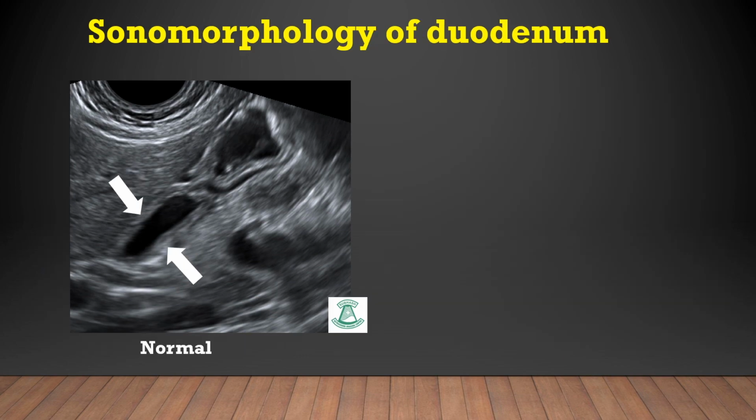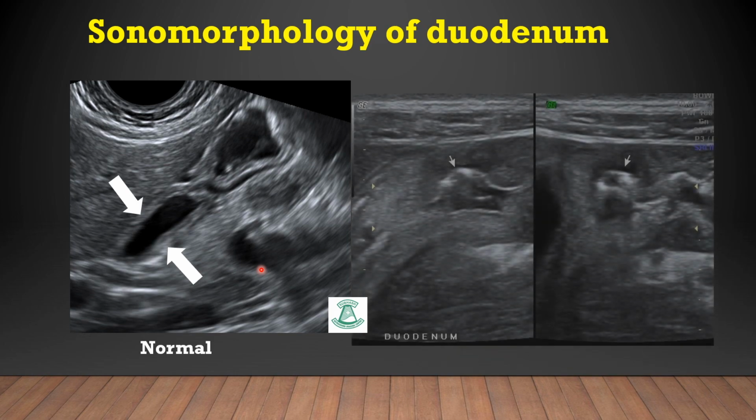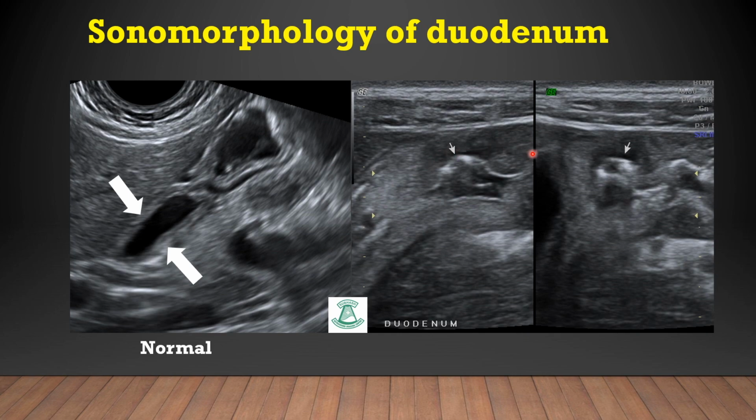Now sonomorphology of the duodenum, normal and abnormal. In the normal, we can see a regular outline of the wall and its mucosa with thickness 3 mm, and when the duodenum is thickened, the wall is irregular and hypertrophic, hypoechoic, with adjacent ulcer crater and echogenic luminal sign, typically giving an HH sign. As we can see in this case, the red arrow is showing a typical HH sign at the bulb of the duodenum. Hypoechoic mural thickening and adjacent luminal echogenic sign due to ulcer crater.